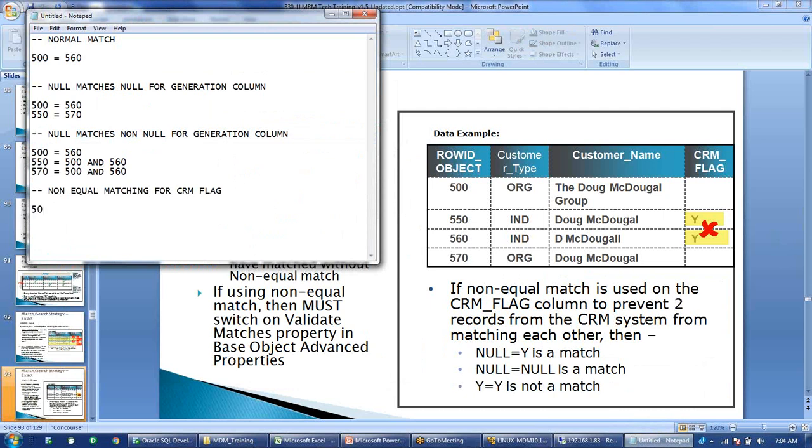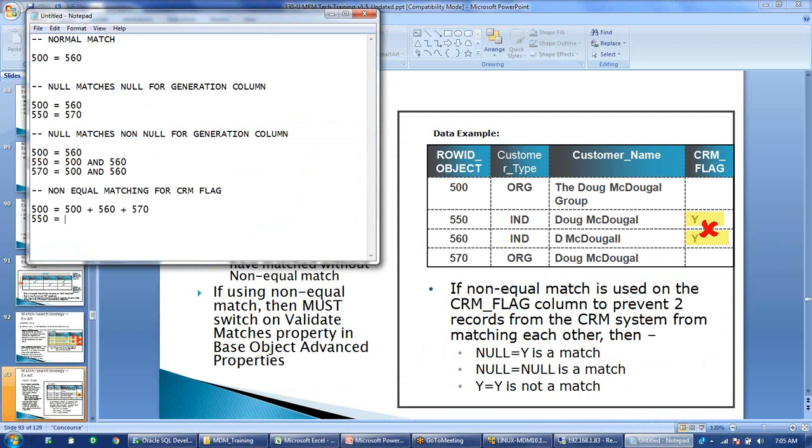So we'll take this order, we'll start with 500. So 500 has a null value in the CRM flag. So it will match with non-equal matching. Whatever is not similar enough, it will match. So basically it will match with everyone. It will match with 500 plus 560 plus 570. It will match with all of them. Similarly, 550 has a value of y.